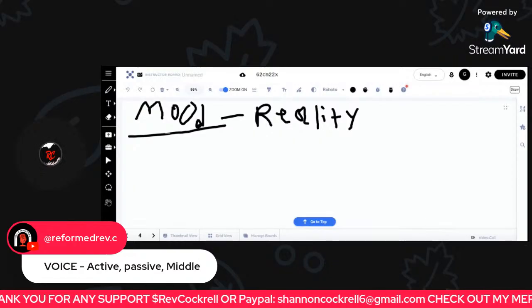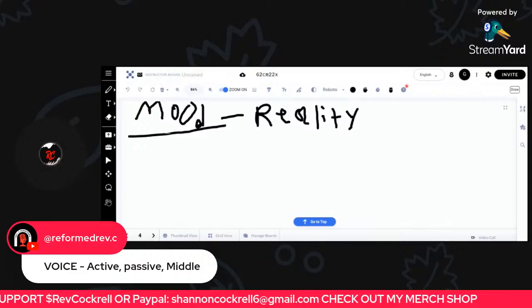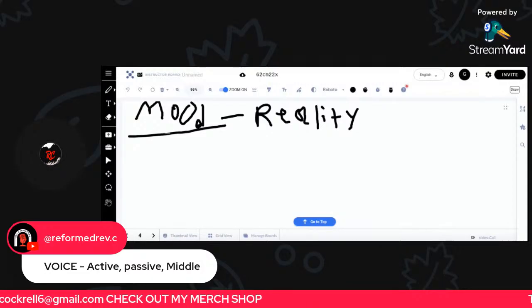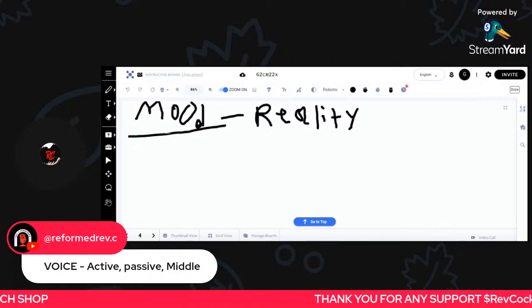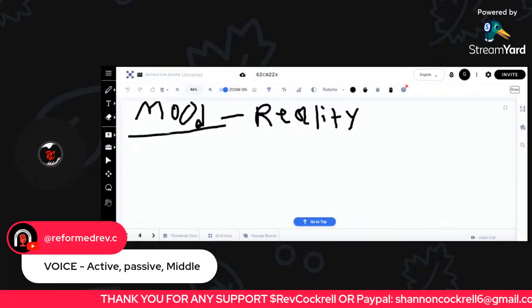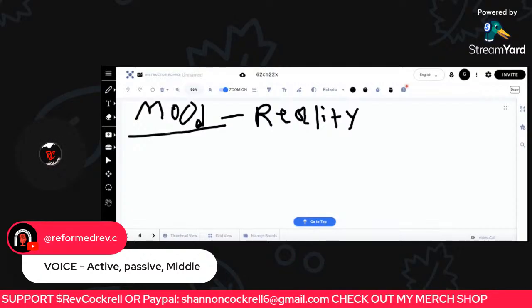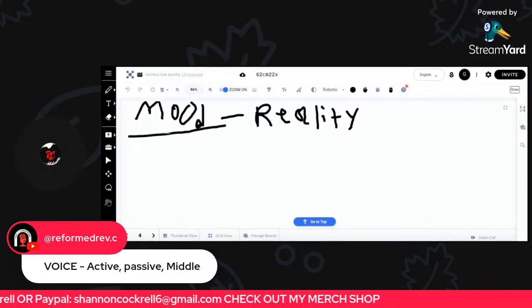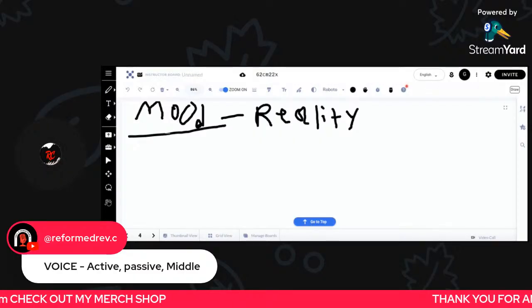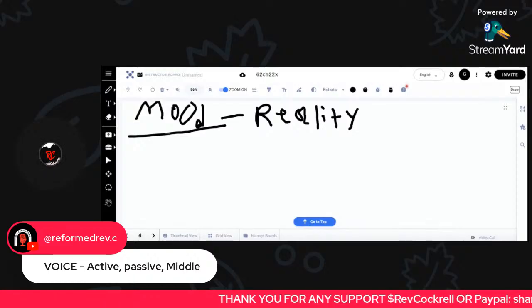So Greek has tense. The Greek verb has a tense. It has mood. It has voice. And then it has person, I mean, first person, second person, third person. And it has number, singular and plural. So those are all things that we look at when we're dealing with a Greek verb. So again, when we look at what it has,